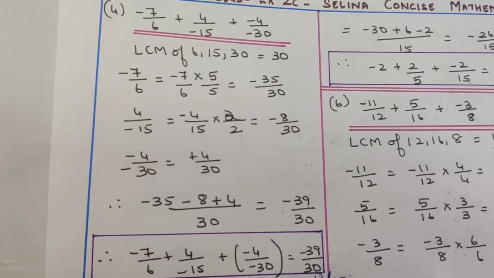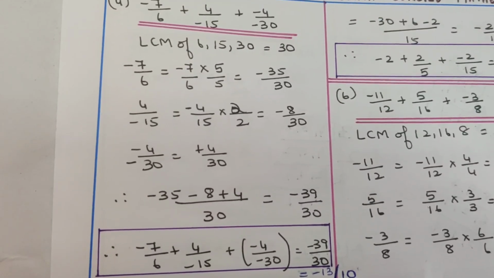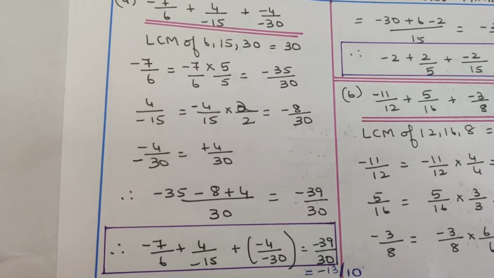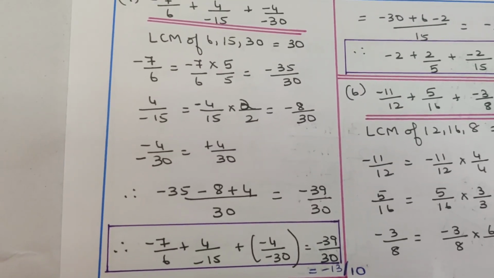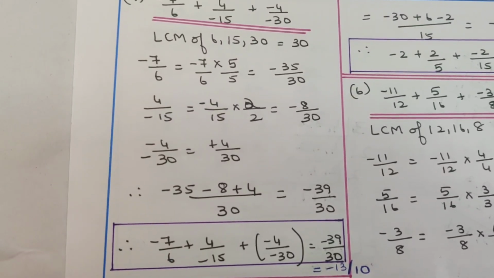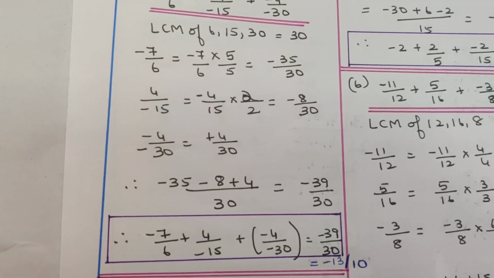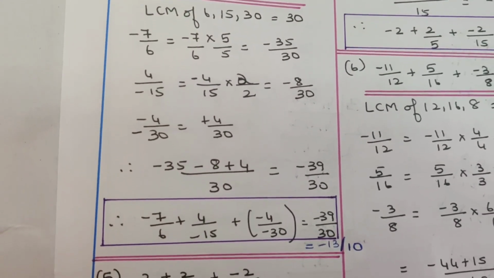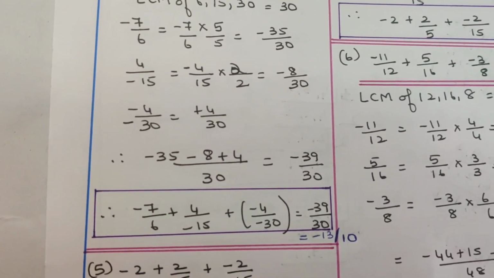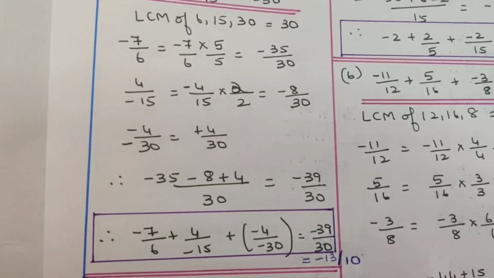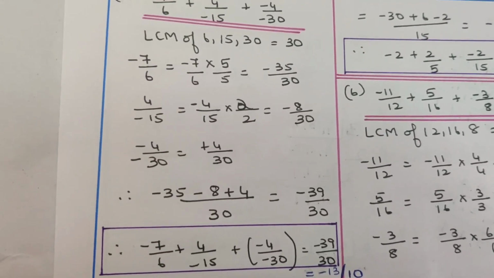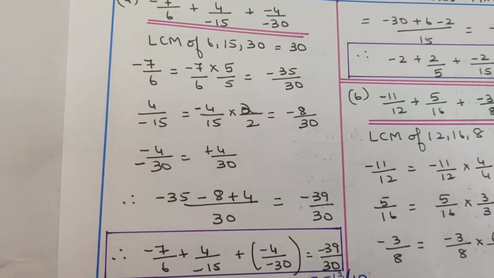Convert the numbers to common denominators. The 3 numbers that you get are minus 35 by 30, minus 8 by 30, and the other one you already have, the denominator is 30, so it's 4 by 30. So after simplification, you get minus 39 by 30. Then we can simplify it using the 3 table, so it becomes minus 13 by 10. I'm just pausing for a few seconds for you to understand my calculations.